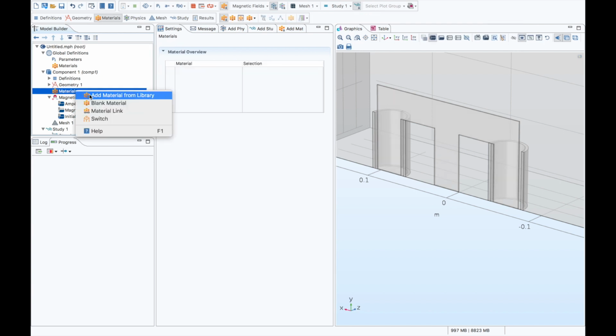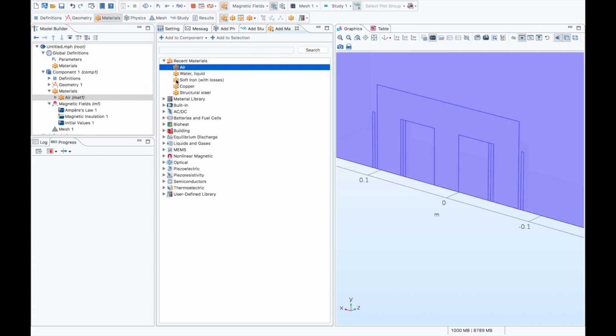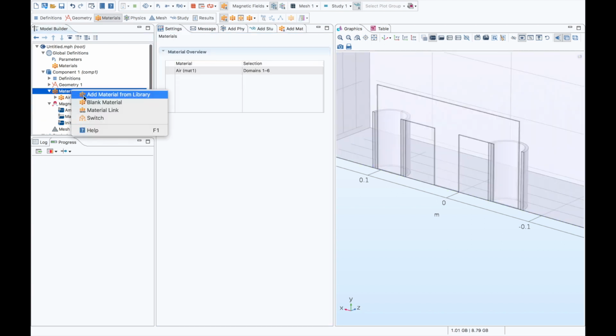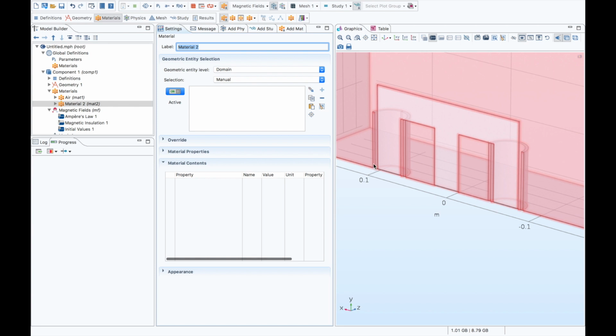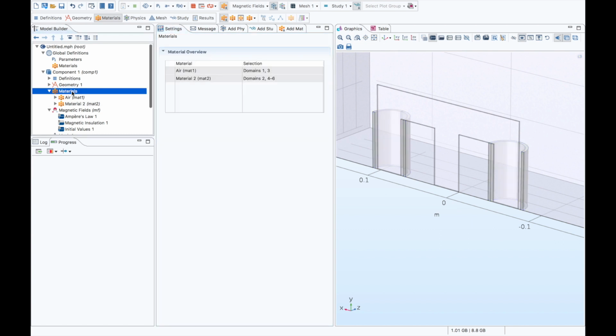Okay, so let's add the materials. So materials, we need air for the surrounding domain. Then we can add some blank material for the coils. So we can simply select the coils. This is one. And we have another coil here. Okay, we can use the default values here. And then we can add